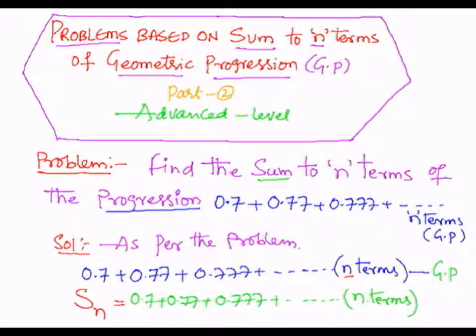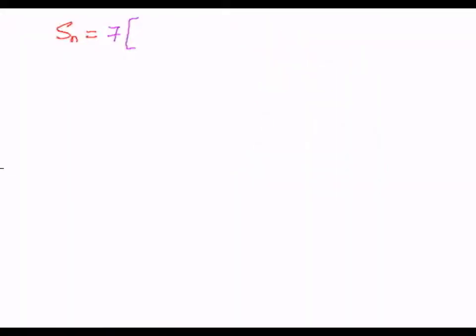So 7 once is 7, then decimal, and 7 into 0 is 0. So 7 into 0.1 is 0.7. The next logical step is 0.1 plus the next terms 0.11 plus 0.111 plus dash dash up to n terms,